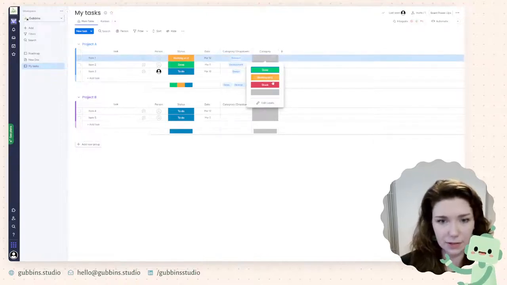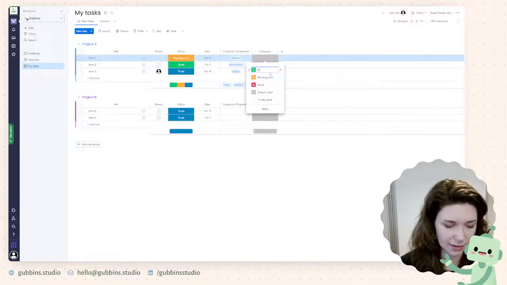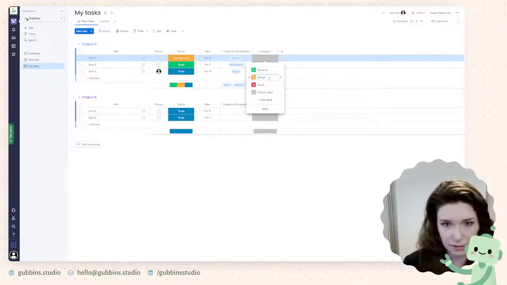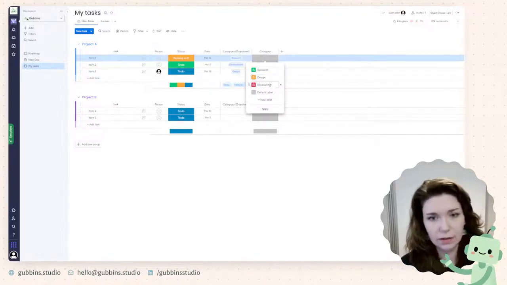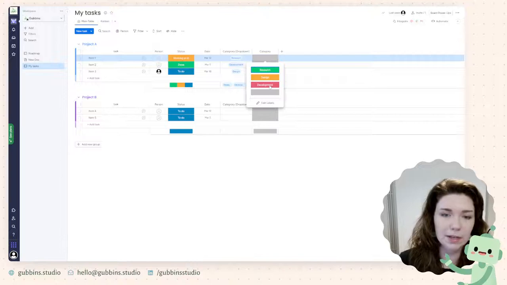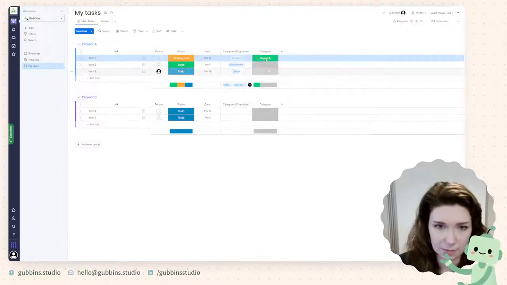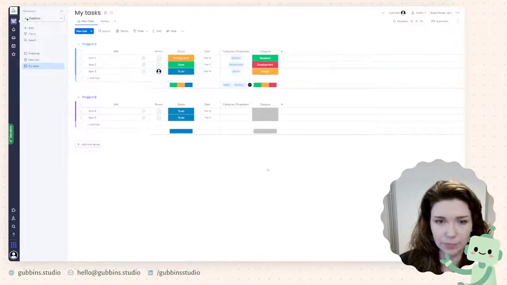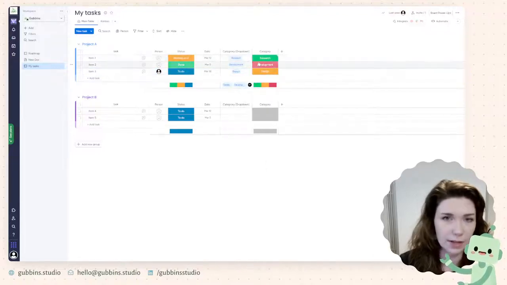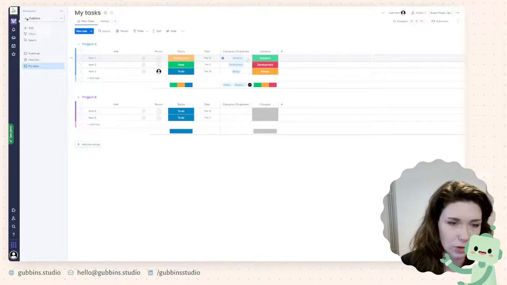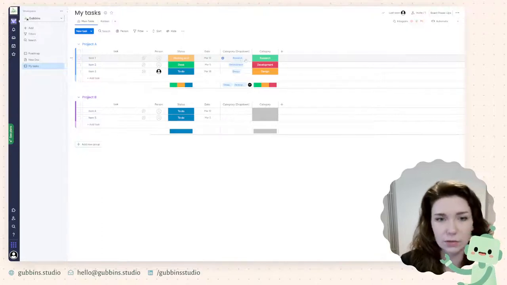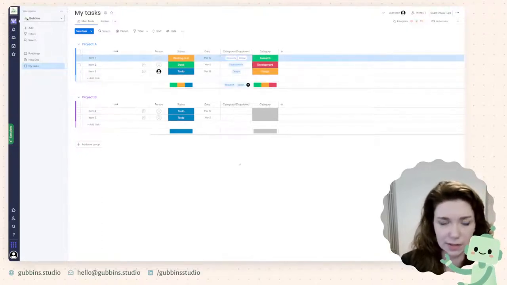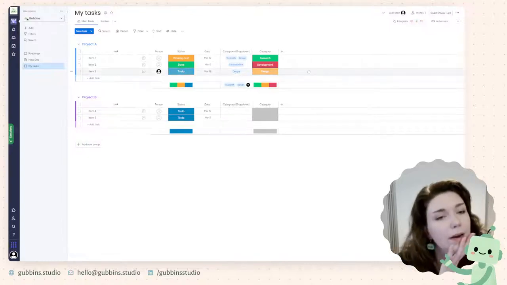So instead here, you could edit these so that these ones say research, design, development. And I'm not entirely sure with Monday which of these methods is the best. I guess if you wanted to assign multiple things to a task, drop down makes sense because of course you can select two different ones.